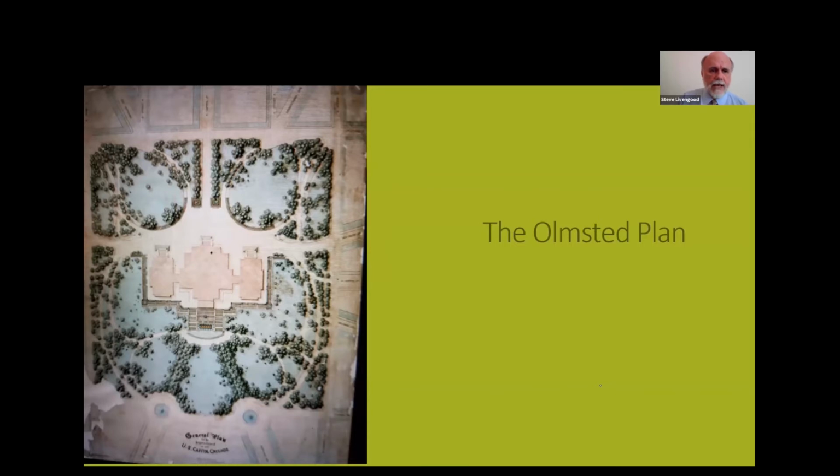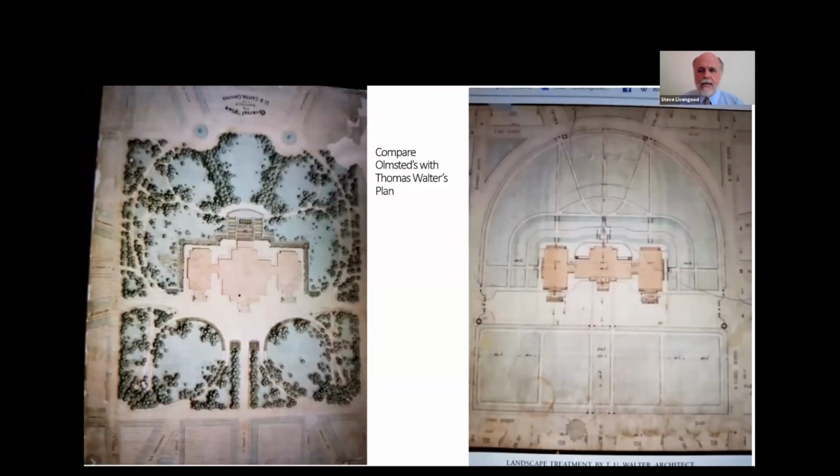So this is the plan, and here I'm comparing it to the previous plan. On the right is Thomas Walter's plan for the same area, and you can see it differs significantly, particularly in that it does not identify the trees. Olmsted himself is very, very associated with trees, and one of the interesting things about this plan that makes it